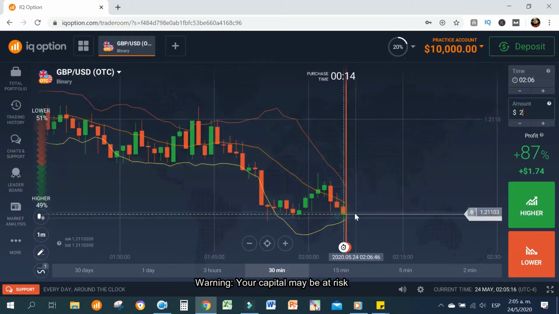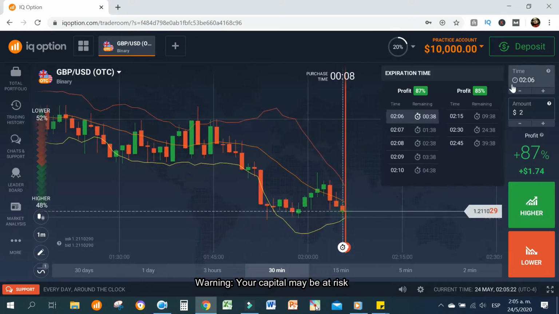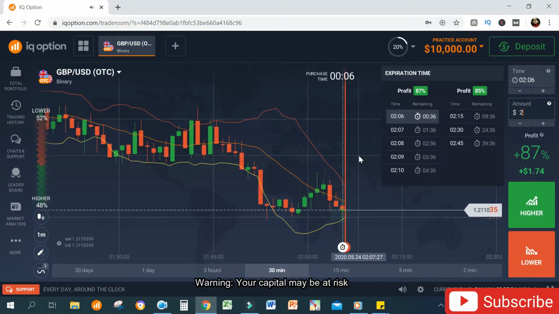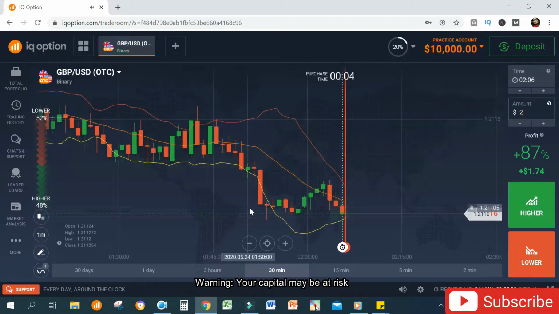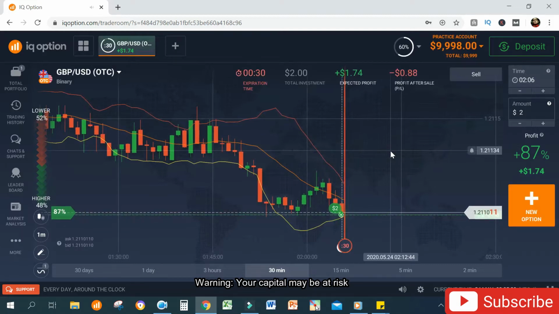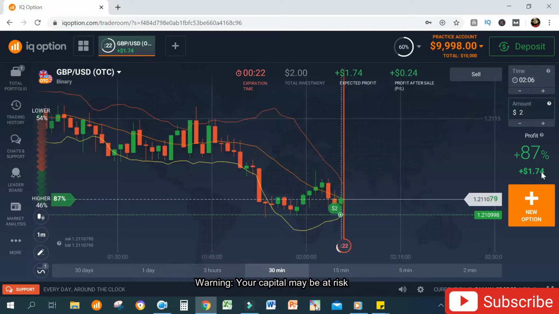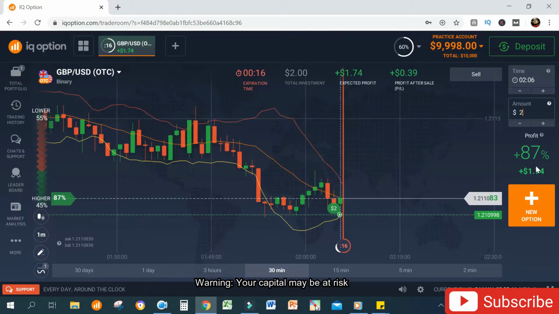Let's suppose that the price is going to be higher than this price in 37 seconds. Okay, let's go. We enter a trade, our first trade. If we win this trade, we will win this amount,